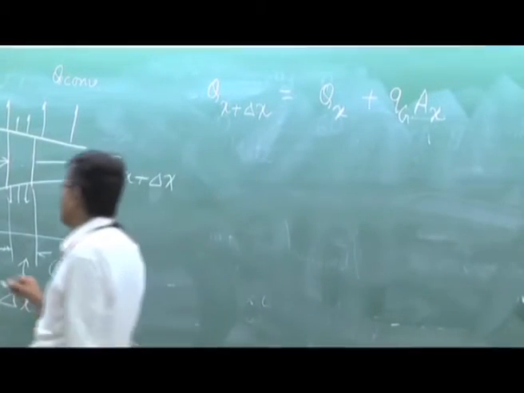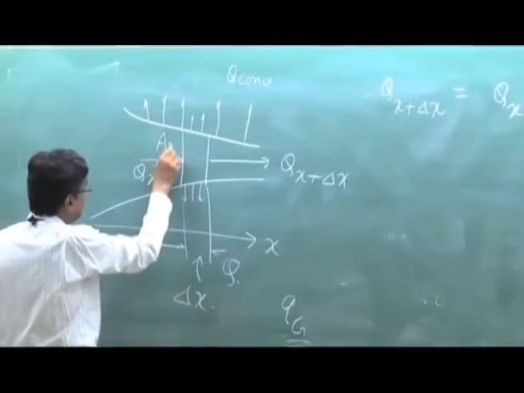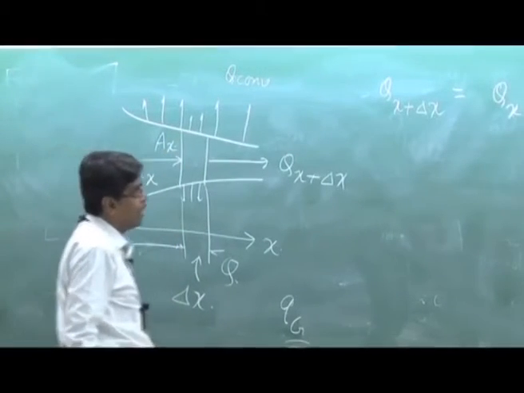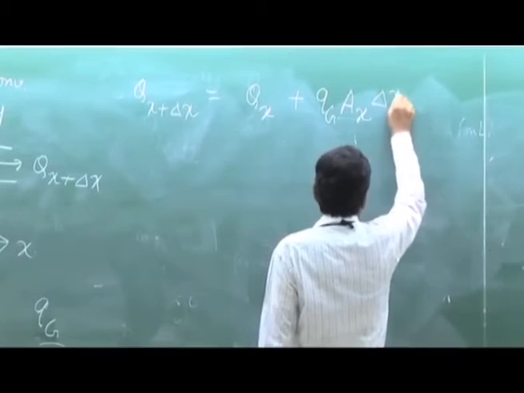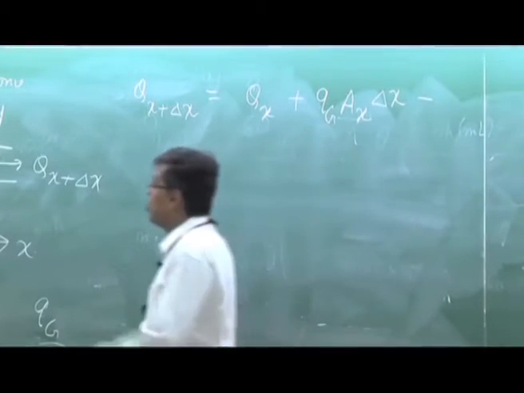Ax is the area here, which is a function of x. That's why I am writing Ax into delta x, and at the same time it continuously convects heat, just